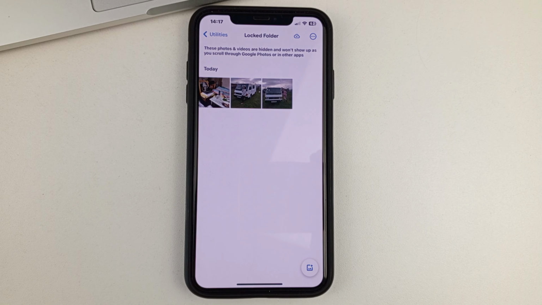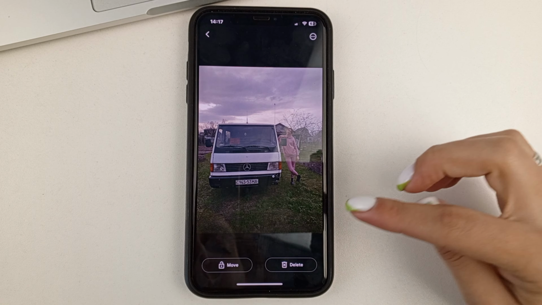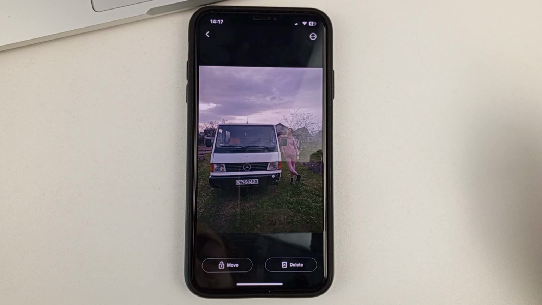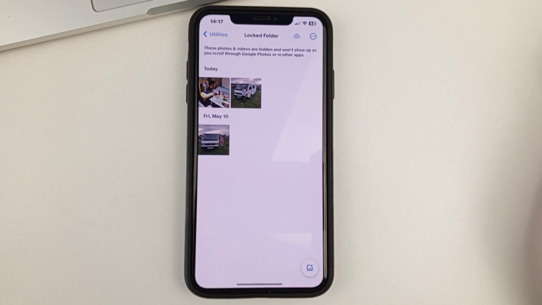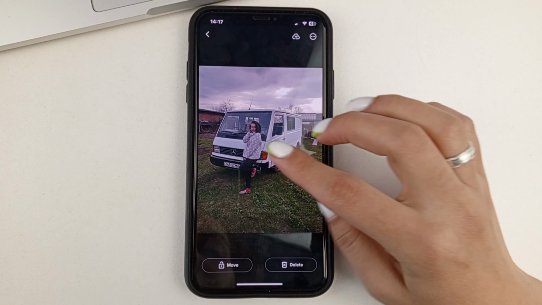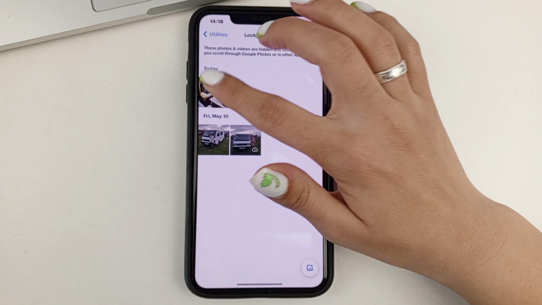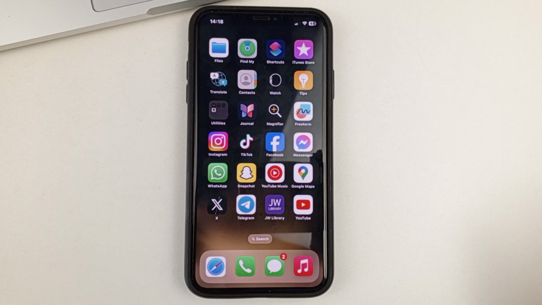Once you're in the Hidden Photos folder, you can delete them or return them to the regular folder with all your photos. You can do this with all of your images. This is the simple way you can easily find hidden photos by your Google Photo.